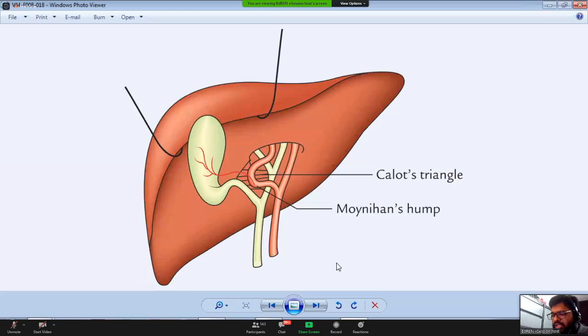Lieno means spleen, so it goes to the spleen actually. This is going toward the spleen, we will see it goes to the spleen. Now these relations, I tell you, are very important. All these relations are very important to know. The relations of the